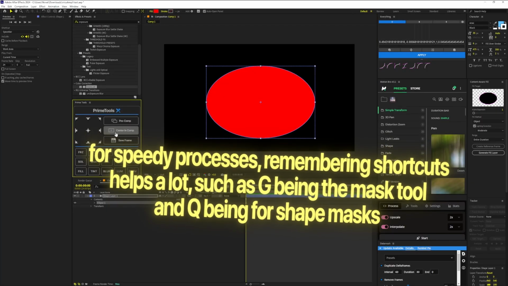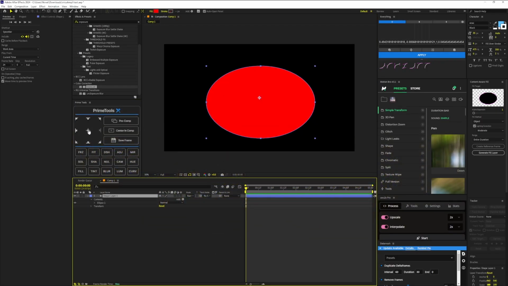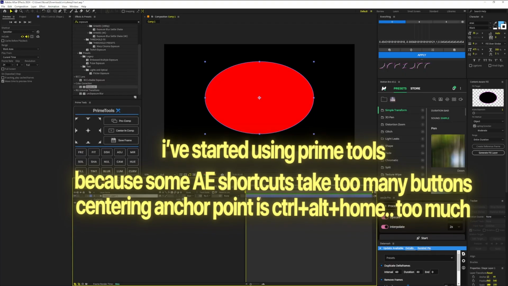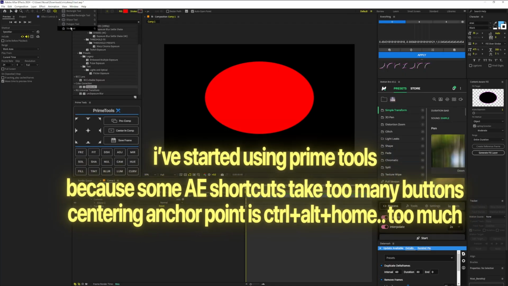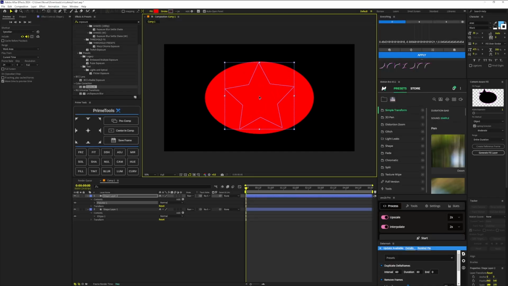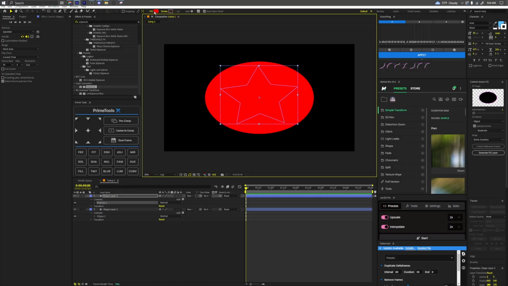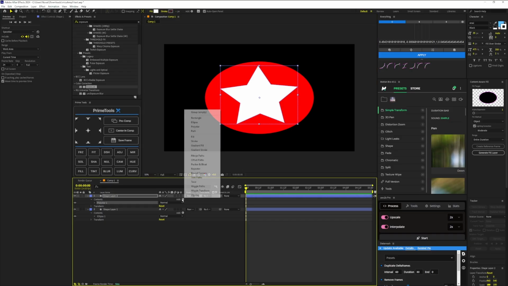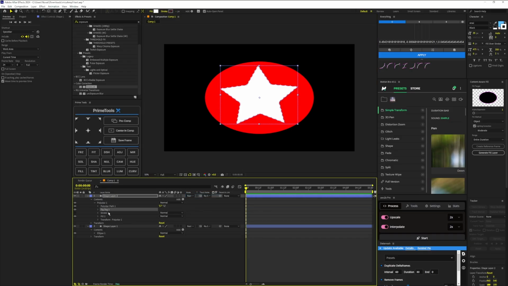Center this, center it in comp. Wait, center it in comp. And we're gonna go up here and make a star. So adjust the size a little bit. Go to fill, make it white, and I'm gonna go to add, and I will add a zigzag, change this